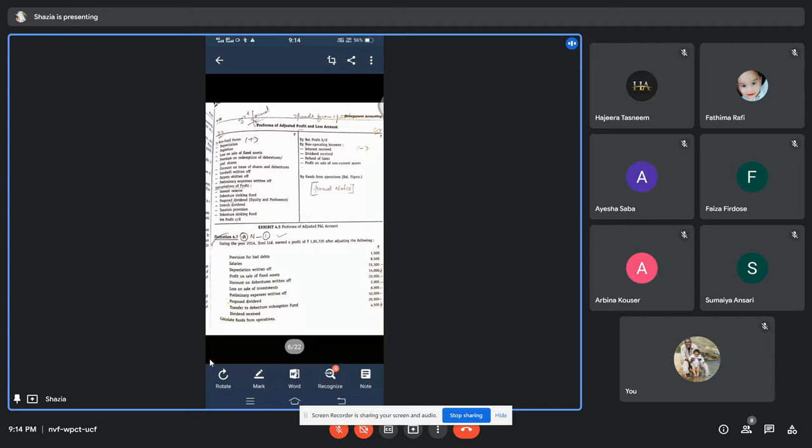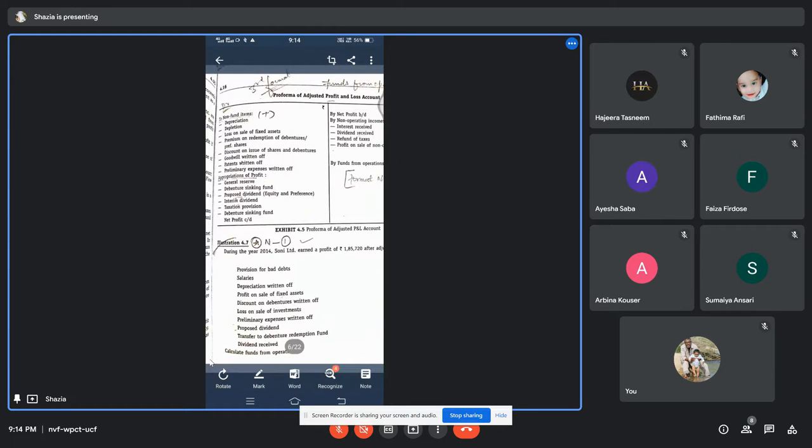What all comes under non-fund items? So you have depreciation, depletion, loss on sale of fixed assets, premium on redemption of debentures or preference shares, discount on issue of shares and debentures, goodwill written off, patents written off, preliminary expenses written off. All these come under your non-fund items. Non-fund items cannot be kept again for any purpose, for a sale purpose, or do not have any further value. So those things come under non-fund items. Or otherwise the funds cannot be returned. There are certain items from the company where they cannot refund the money back